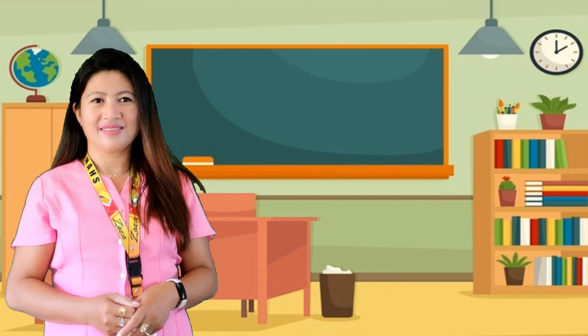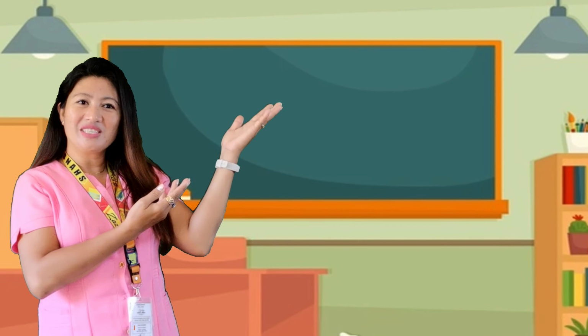How did you find the pretest? What was your score? If you get 15 items correctly, you may skip the module. But if your score is 14 and below, you must proceed with the module. In this lesson, you are expected to